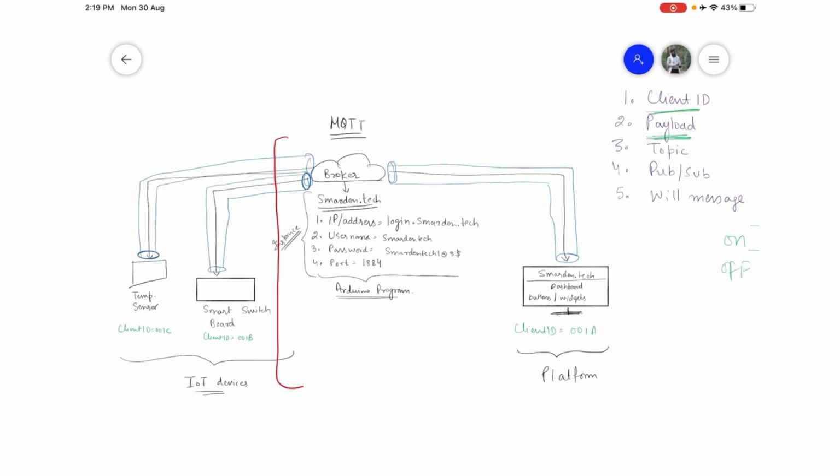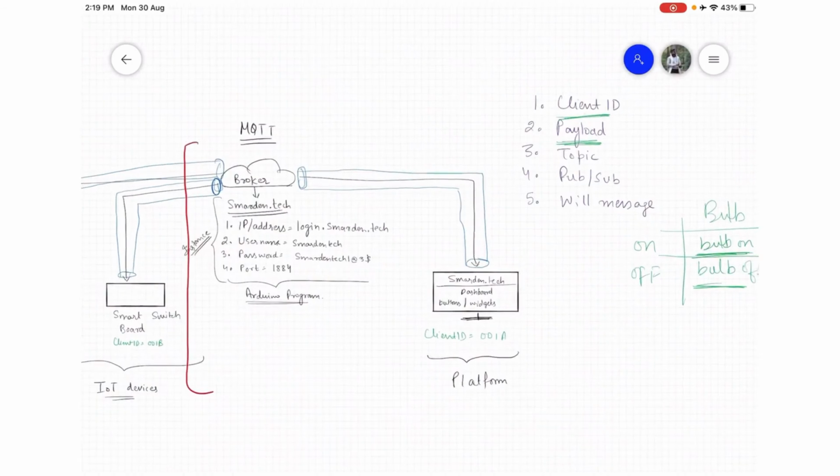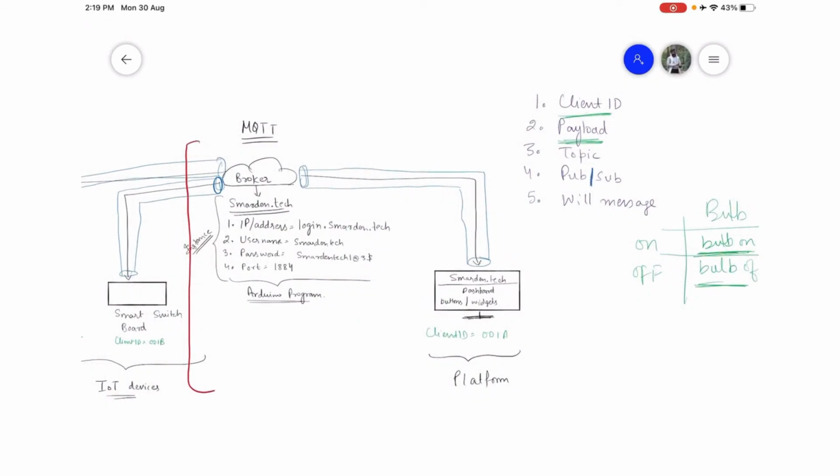Now there are two terms, publish and subscribe. Assume the topic as the pipeline. Now we will discuss publish, subscribe and topic all together. This is the data that I want to send, but where? On the topic. If I am sending data from the platform to the device, that means the platform is publishing the payload on a topic.